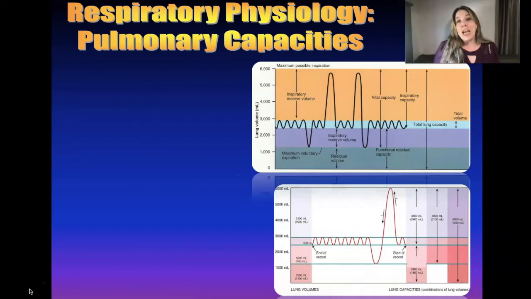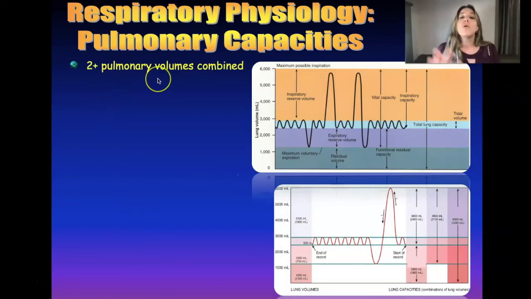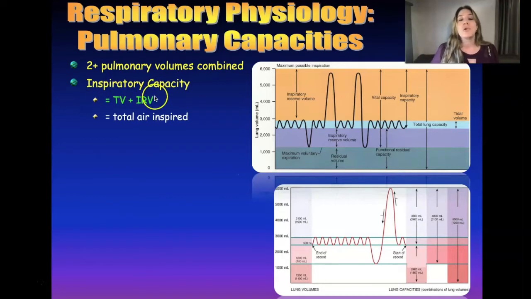And the expiratory reserve volume was the amount of air moved after tidal volume when you forcibly expire. And then we had residual volume, RV, which is the amount of air left in the lungs after you've forcibly expired. So we're going to now translate those into capacities, which are where you have two or more of those pulmonary volumes combined together. So let's start off with our inspiratory capacity, which is your normal inspiration breathing plus the